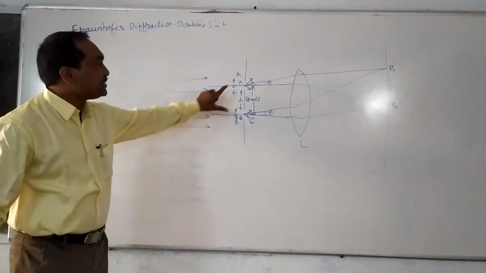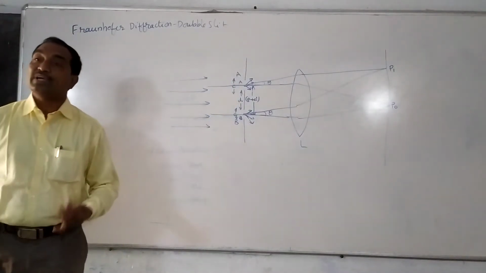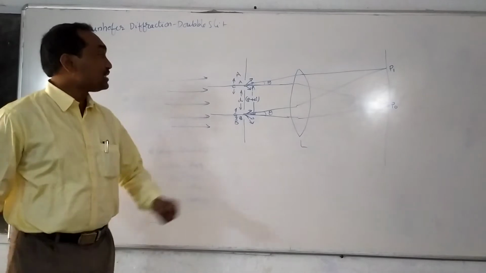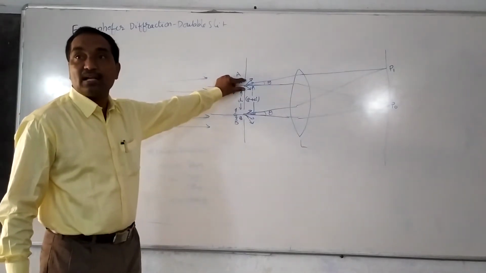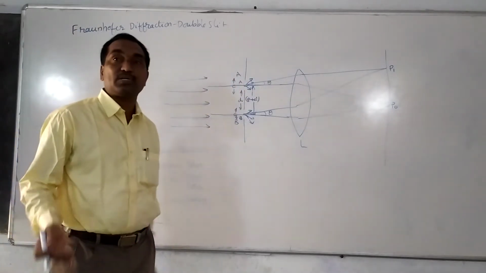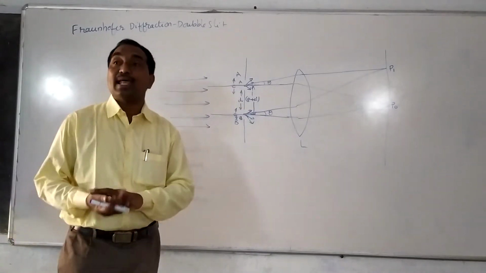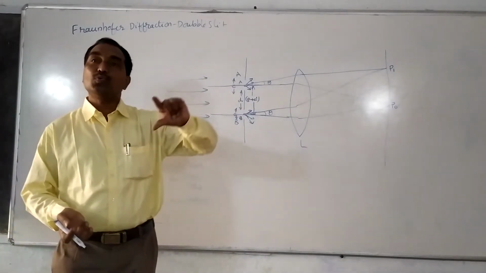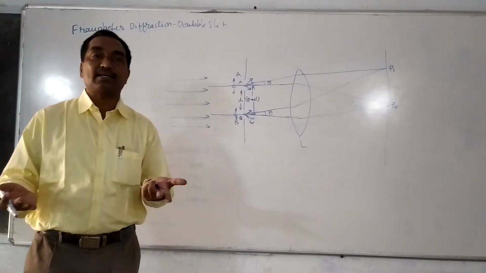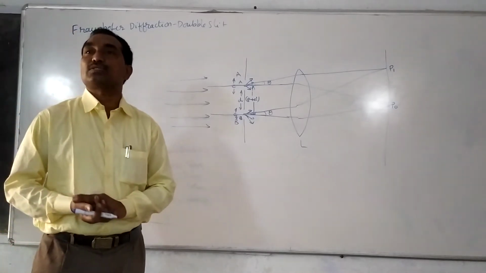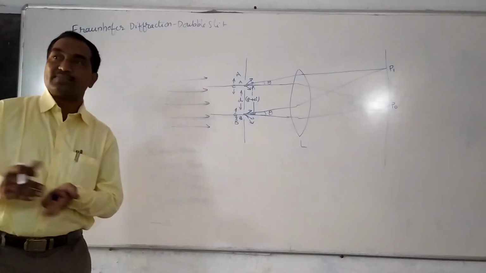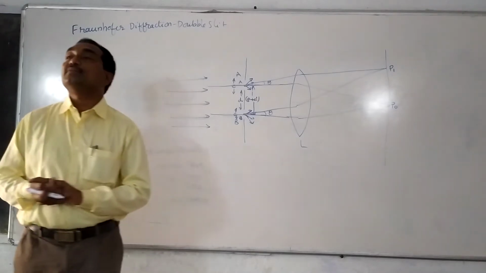Actually, when we observe, there are two slits, so we will observe a combination of interference as well as diffraction. There is single slit diffraction, which we already discussed yesterday. And the second is the combination of the two rays coming from the two slits, which act as coherent sources. When two coherent sources superimpose, what happens? Interference occurs, and bright and dark fringes occur. So in the double slit experiment, we will observe an interference pattern as well as a diffraction pattern.